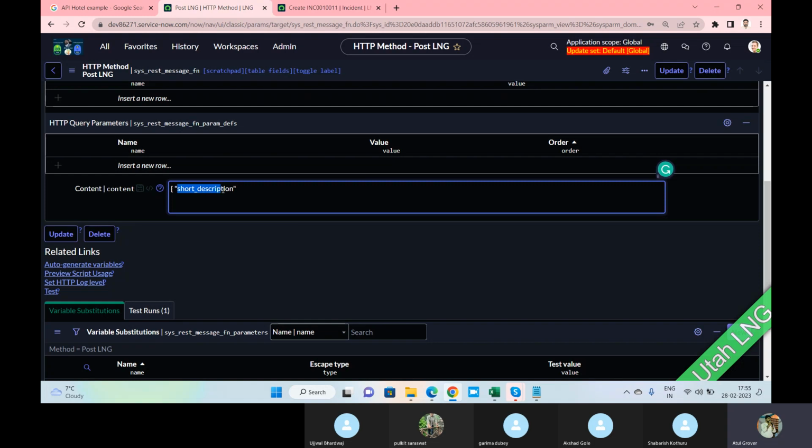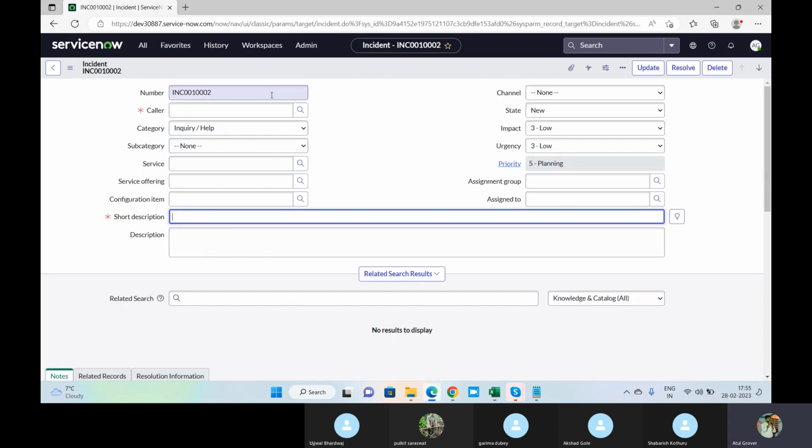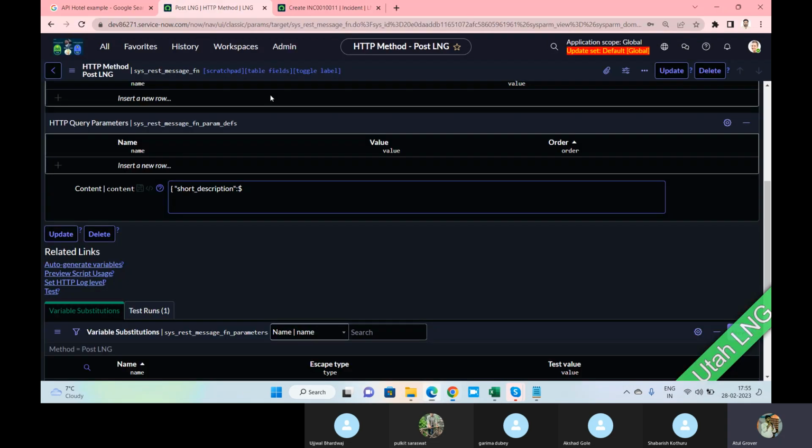On this side I am putting from the source, then a semicolon, then a dollar sign, and then copy the field name from this instance. Because we are using ServiceNow on both sides, the name should be fine, like this. And then close.